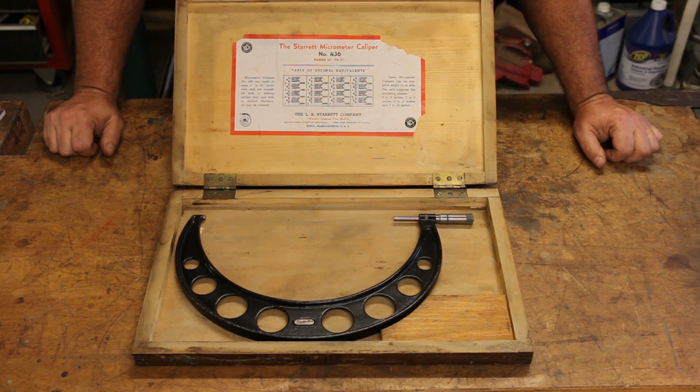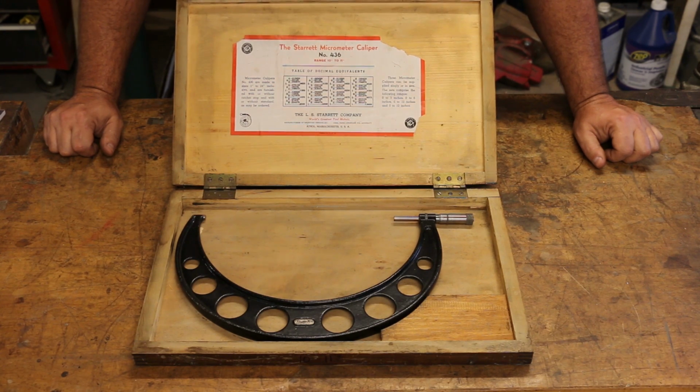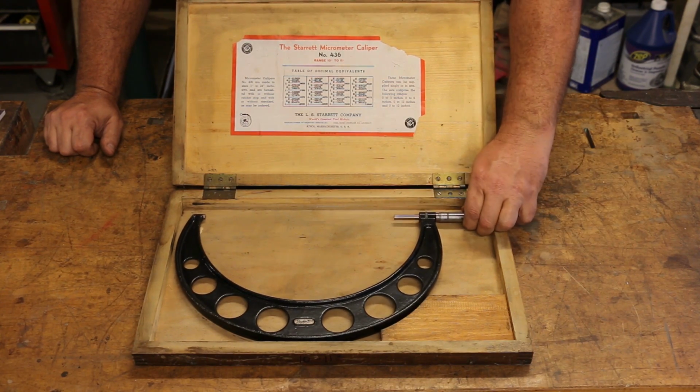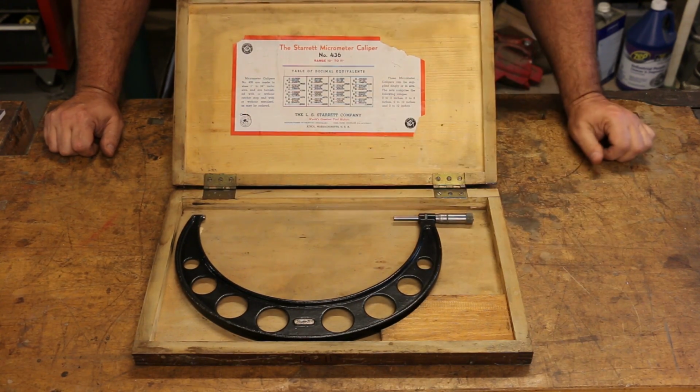And so anyway, I said I'm going to jump on that. There just wasn't many bidders for whatever reason, and I ended up being the high bidder. So anyway, it appears to be in good shape. I haven't gotten my standard out to calibrate it yet or anything, but I've got standards for these. I'll check them. But anyway, another one, and now all I'm missing is that 9 to 10 inch, and I'll